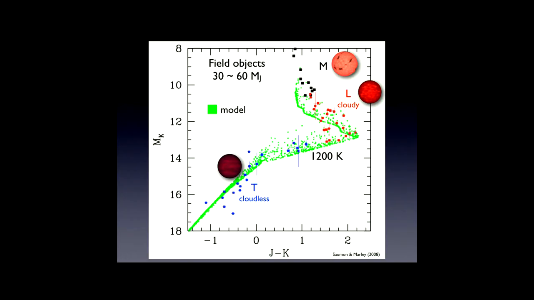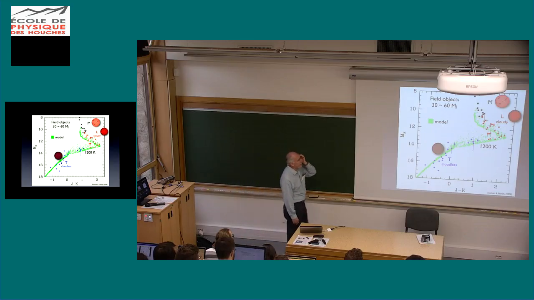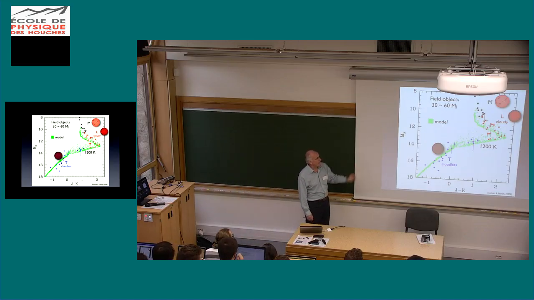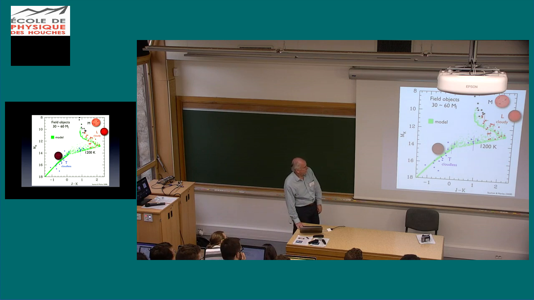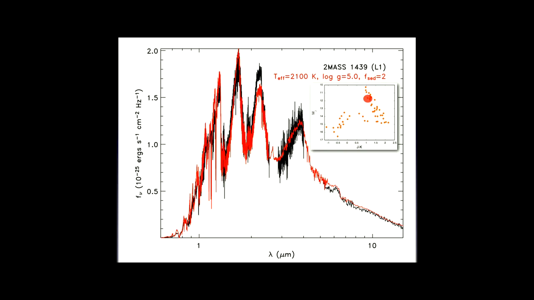And here's our older model set, just where we've tried to do that. This is K versus J minus K now. And our previous models were somewhat successful, but not very. And the problem is, since 2008, since that time, well, before I get to that point, let me just show you some